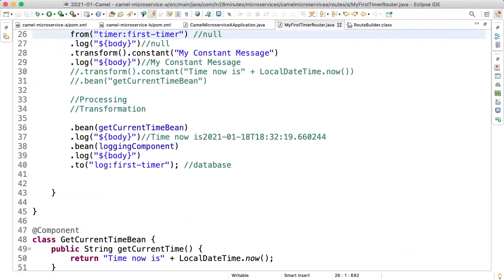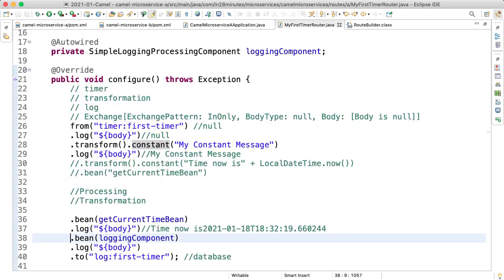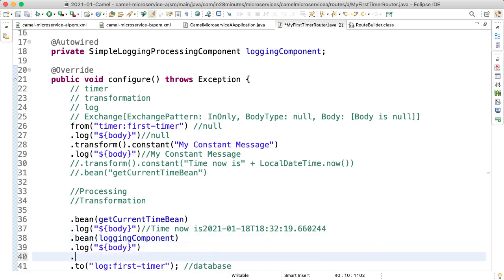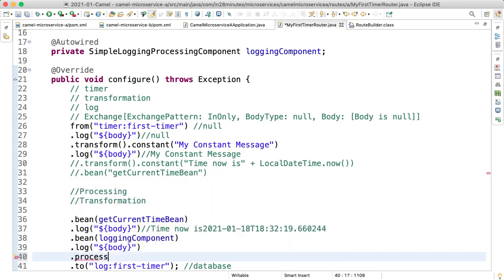Welcome back. In last steps, we talked about processing and transformations, and we looked at a few options of doing it. Whenever we talk about transform, we saw that there was a method called .transform, and .transform can be used to do your transformations, or you can also call a bean to do your transformations. And we also saw how we can actually do some processing using a bean. In addition to using a bean, you can also do processing of a message by creating processors. So you can say process,